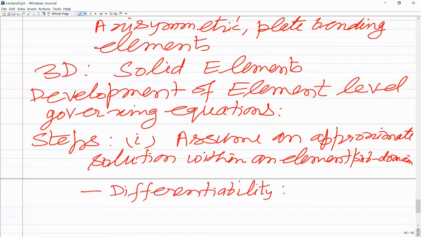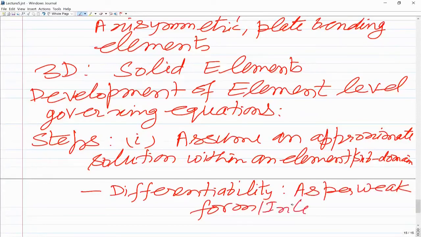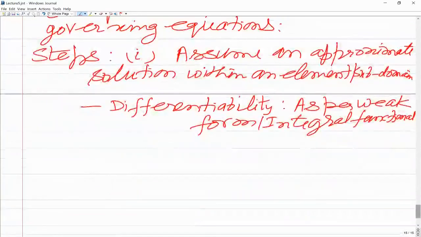The differentiability requirement is as per the weak form or integral functional. Whatever approximate solution you assume, it has to be at least differentiable up to the highest order derivative present in the weak form or the integral functional. This is similar to the approximate analytical solution, integral functional or total potential energy functional. And then second, because most of the time we end up taking approximate solutions as polynomials,